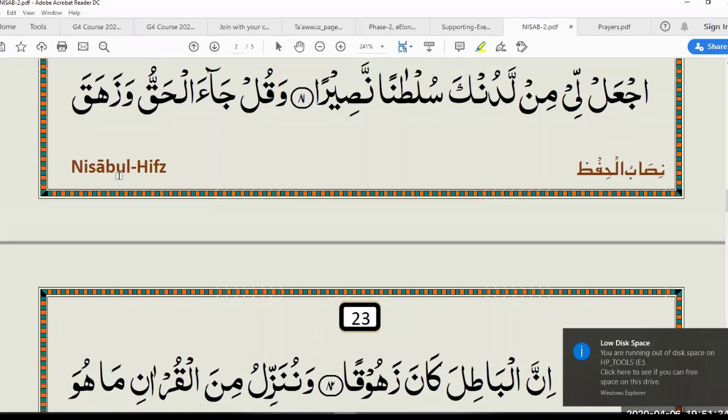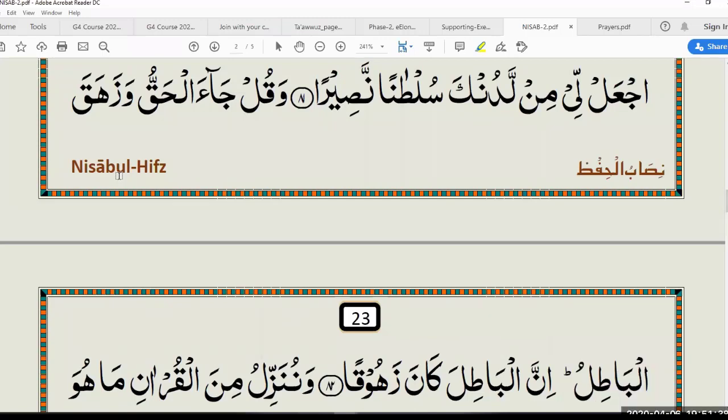Jazakallah. I will point out one thing. I'm not sure if I'm hearing it right or not, but I think you were not really making a very thick sound for the qaf. So if you can try to pronounce the qaf with a thick sound.